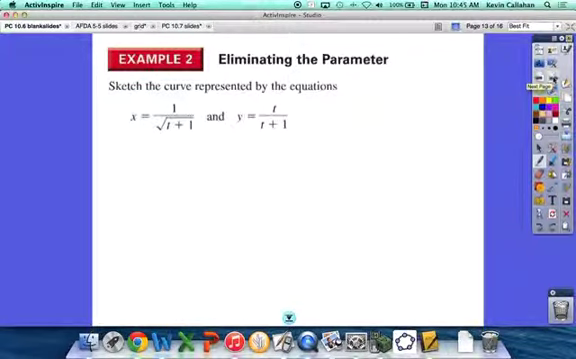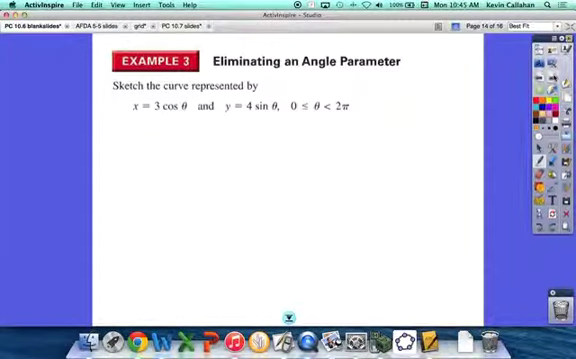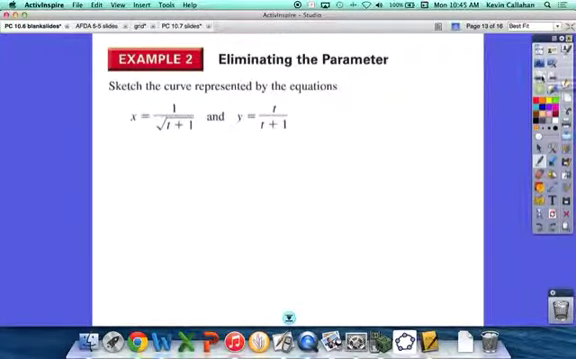So let's do one of those. Sketch the curve represented by the equations. Actually, I think I cut off part of that. I'm gonna change these to just say eliminate the parameter. So eliminating the parameter means we're going to solve one of these for the parameter, and then we're going to